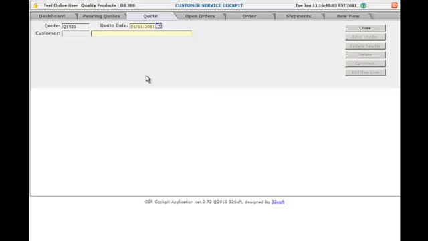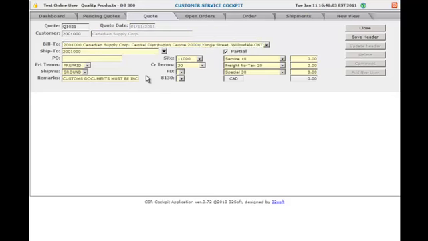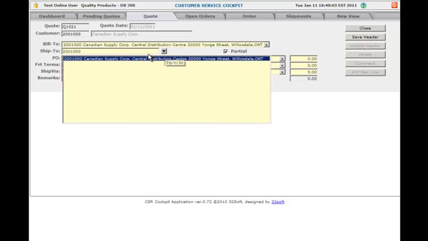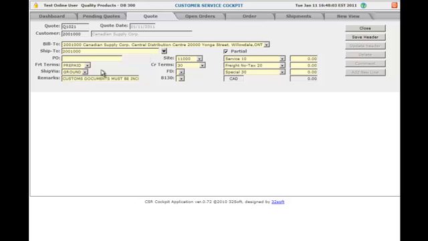directly type the customer number if I happen to know the number, and hit enter, and the number will be looked up in the system. Or if I don't remember the number, I can use a partial name, right, and hit enter. And then I can select the bill-to and ship-to if there is more than one, right? And if it's a purchase order, at this point I can enter it in, freight, ship via, and some other fields, right? So I can fill it in